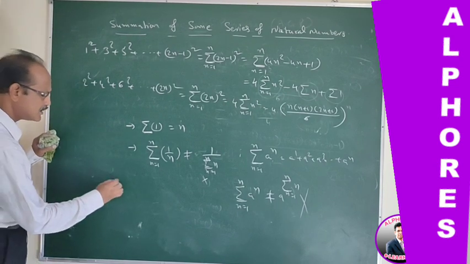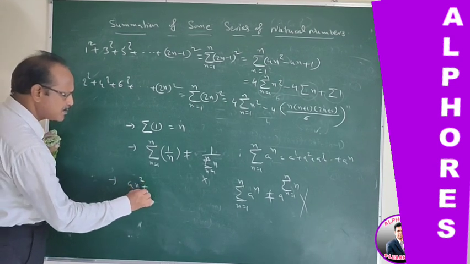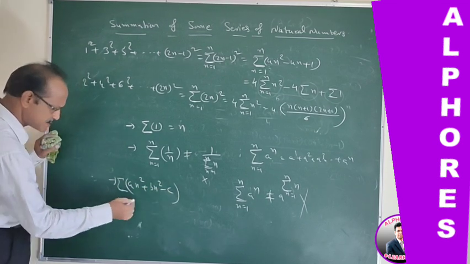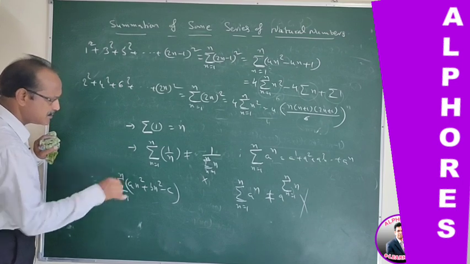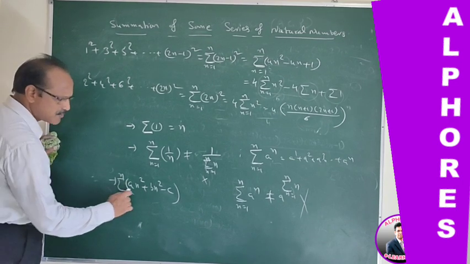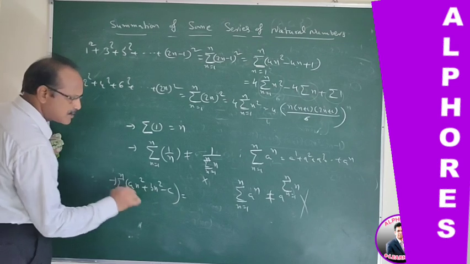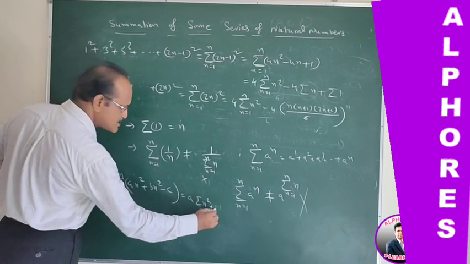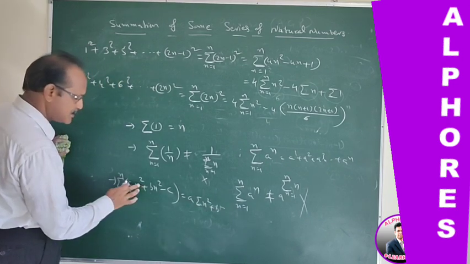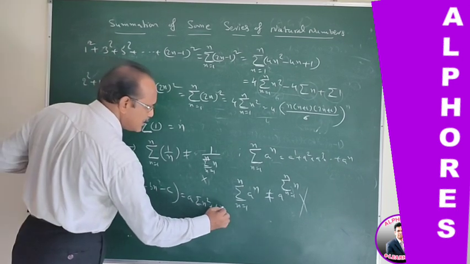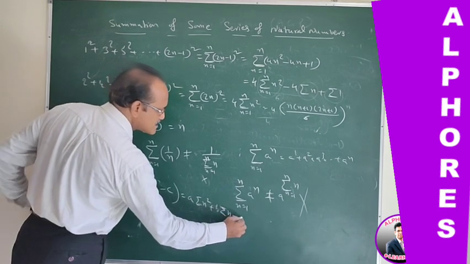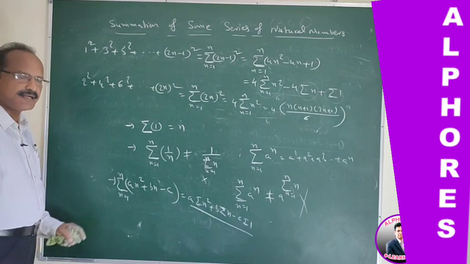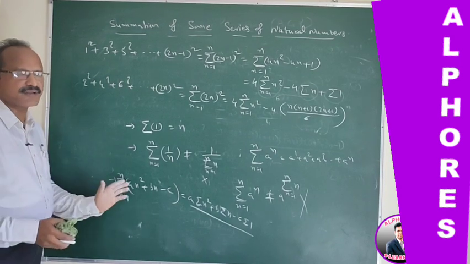So, in general, a n square plus b n minus c, like this. Suppose if we apply the sigma for this expansion, n is equal to 1 to n. So you can distribute the sigma for each term like this and put constant outside, where a, b, c are constant here. A into sigma n square plus b into sigma n, and minus c into sigma 1. Right? So this is the procedure to apply the sigma for each term.